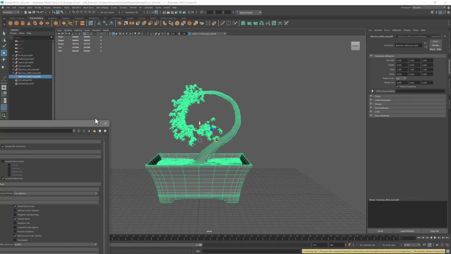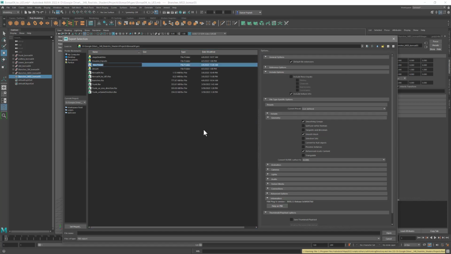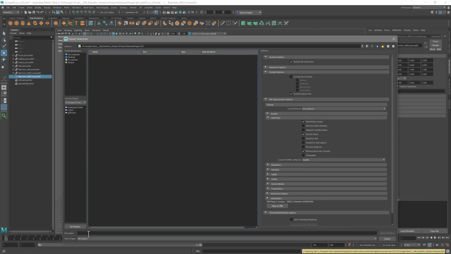We'll say export selection, and then I have a geo folder here, and I'm going to make a new folder and call this UE5. So that's the stuff that's going to go into Unreal 5. I'll call this my bonsai 04. Export selection, and